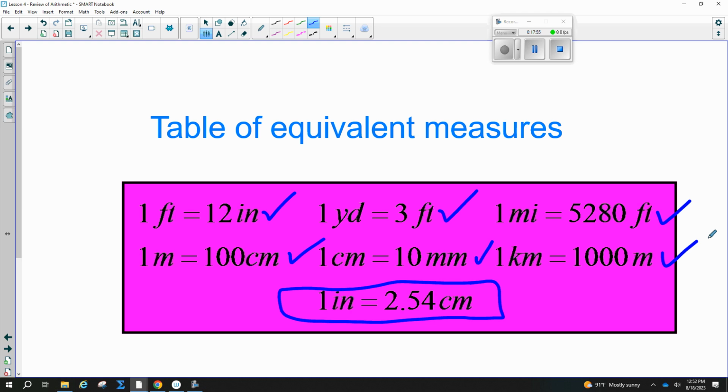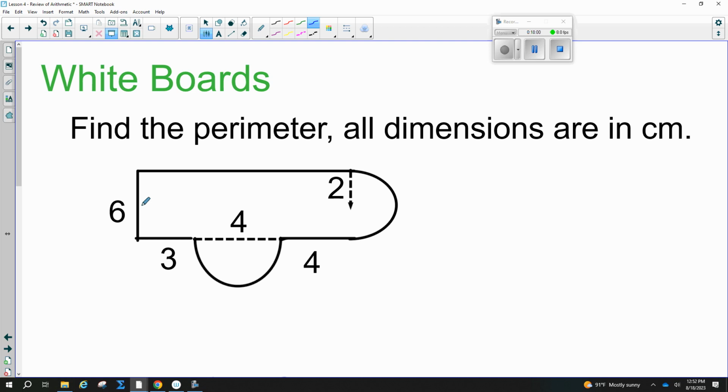All right, grab a whiteboard. We're going to do this one problem. This is supposed to be right in the middle. Let me do a little dot there. Make it a little